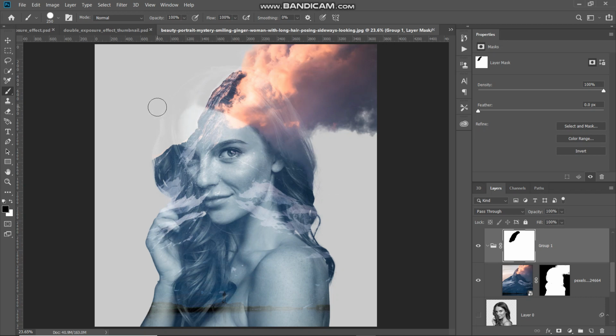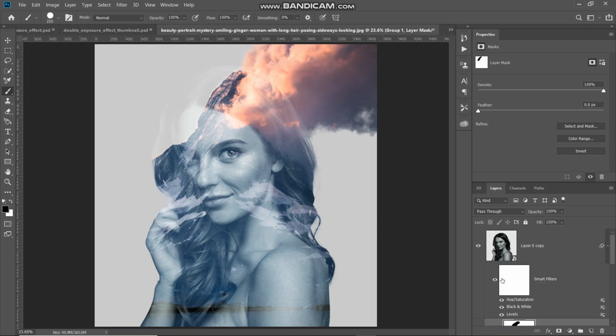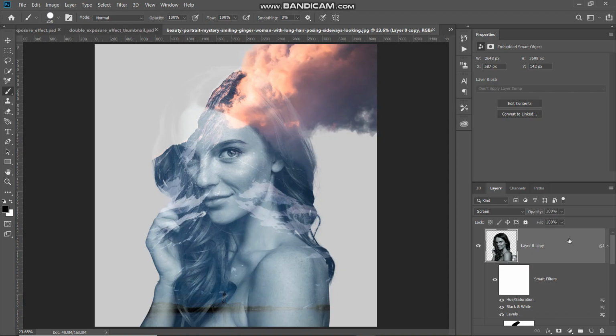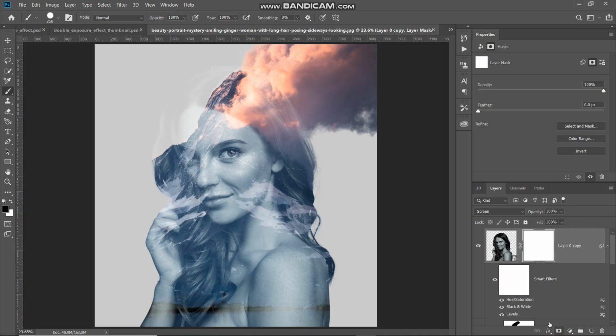Now we need to do the same thing for the model image over here as well. So for that, go at the top and then make the model image layer active by clicking on it. And then we need to add a layer mask over there as well. So for that, click on Add Layer Mask icon. And then using the same brush tool, you can hover over the areas which you want to remove. So let me just do that.